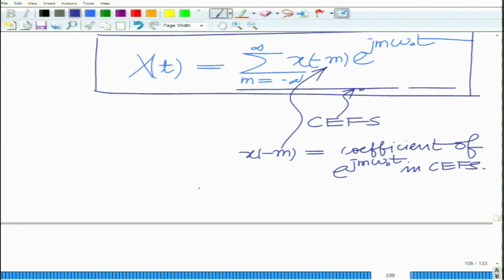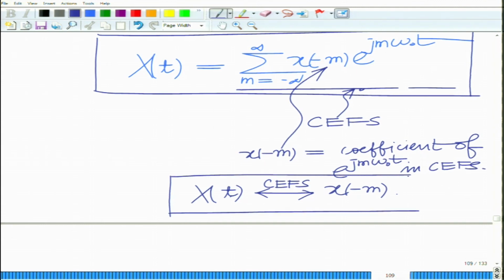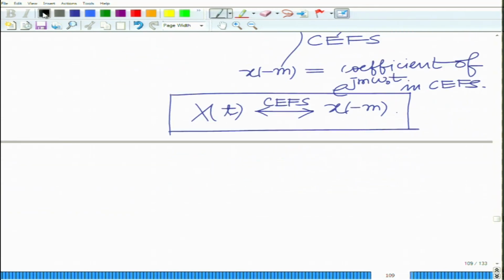So, basically you can say X of t has the complex exponential Fourier series given by x of minus m. That is the duality result for the DTFT, because of the asymmetric nature of the DTFT, when you take the resulting signal in time, that is a periodic signal. Okay. And in fact, the complete duality result is: x of n has the top equivalence in terms of the DTFT,